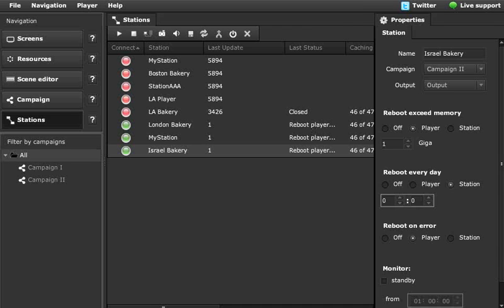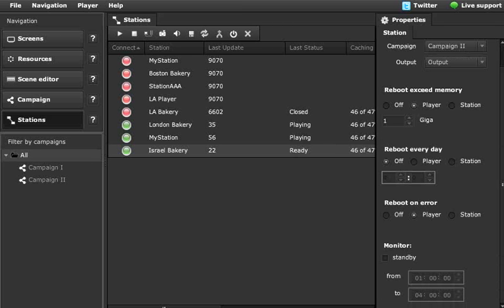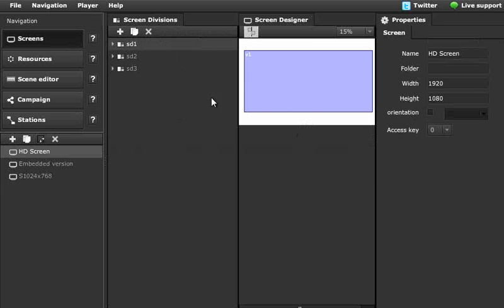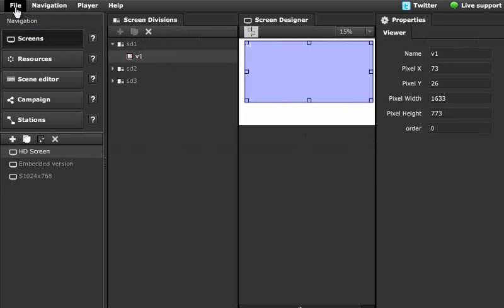So if I go ahead and click on Save and switch back to stations, you'll see that all my stations are now rebooting. So using the save dialog is efficient if you have a small network, but if you have a large deployment, it can be quite hard to manage all your players if you're going to update every single one of them with the save dialog. So what we can do is, let's go ahead and switch back to stations. We'll make a change, click on save,